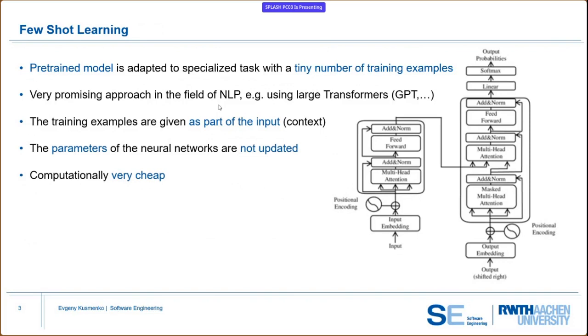And usually it's enough to give only a few examples, like 3 or 5, to make the model understand what it's supposed to do. It's very similar to how we humans learn new tasks. So also, if I wanted to tell you how to translate a requirement from informal to formal notation, I don't need to give you thousands of examples, but maybe 2 or 3. And this is very similar to how these models work. So this is, of course, computationally very cheap. I just give the model several examples, and it's ready to go, hopefully.